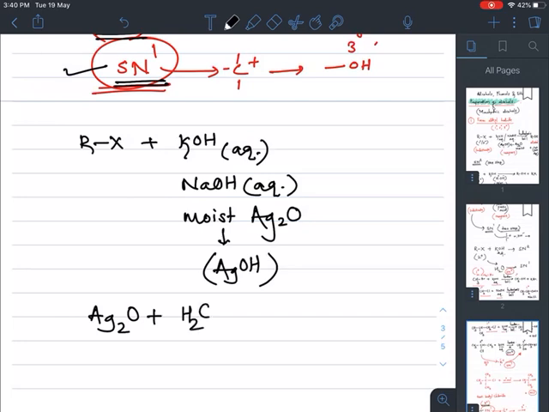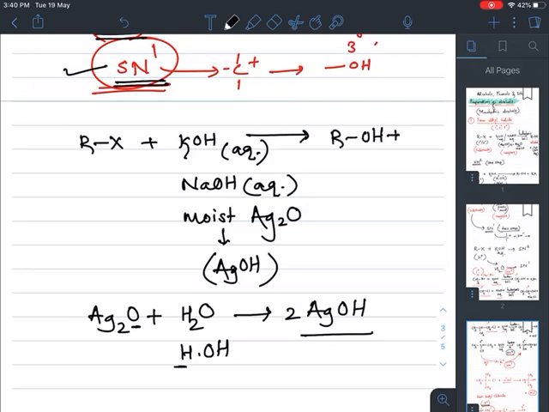When combined with moisture, that is water, the breakdown of water takes place this way, and this O and H combine this way. 2 Ag atoms combine with 2 OH groups, that is we get 2 AgOH, and this AgOH takes part in this reaction or supplies the strong nucleophile, and after completion of this reaction we get the corresponding alcohol plus the byproducts, that is AgX, KX or NaX. Okay.